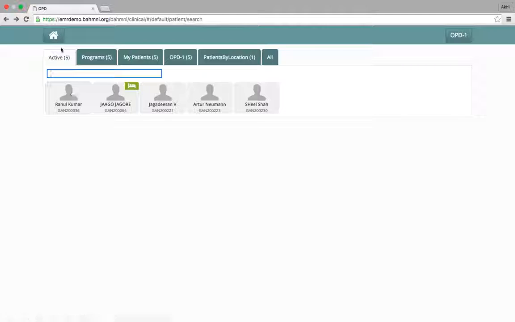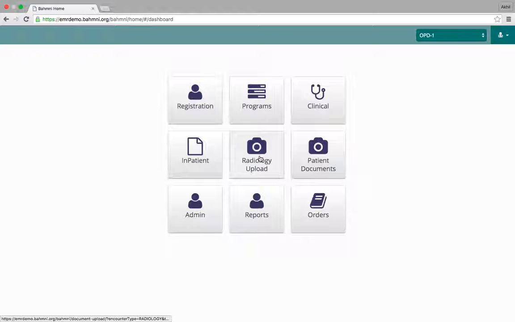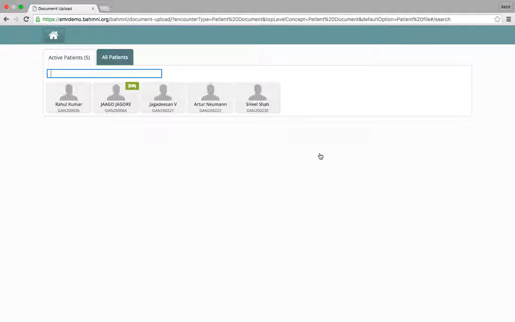So similarly, we can use these two apps to upload the patient documents or the radiologies against a patient. So clicking on this will ask us to select a patient,